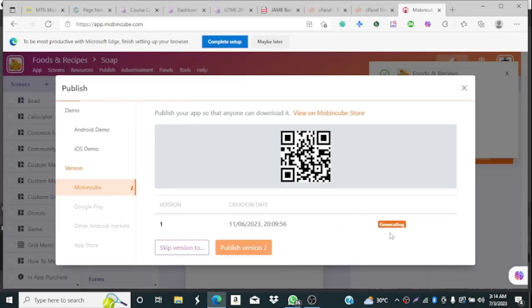You can see now the first version of your application is ready. You can see publish version 2. If you want to publish another one now, it will be version 2. Version 1 is ready. It's now ready. So it's being generated from the Mobincube